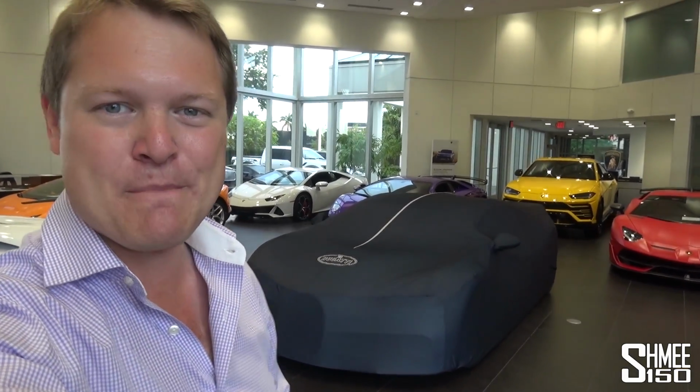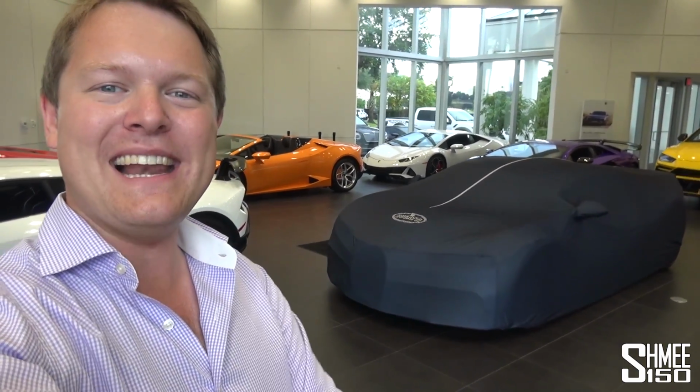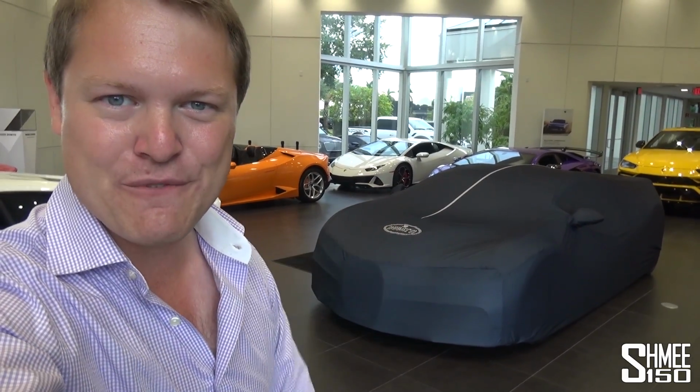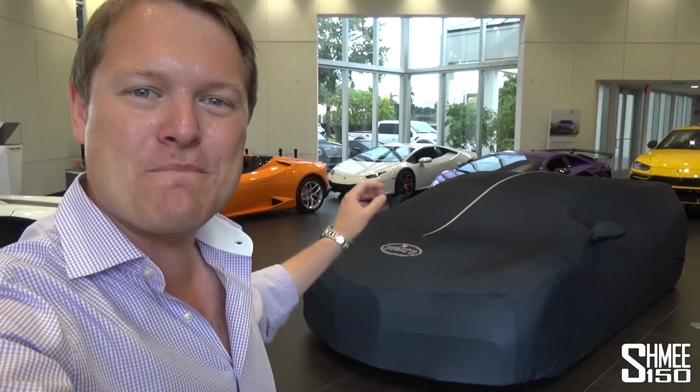Florida. Here inside the showroom, shared also by Lamborghini Broward, we have the car that lurks under the cover behind me, a completely brand new Bugatti Chiron Sport. This car has only just arrived and they've invited me today to come down to be part of the collection experience, to immerse you guys into what it's like to take delivery and the handover day of a brand new